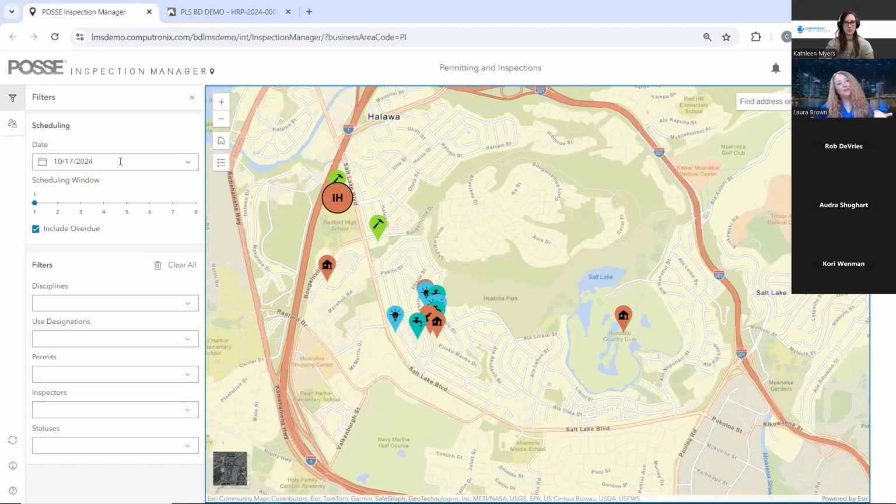I have a lot of overdue inspections too, so I also included my overdue. If we deselect the overdue, it takes a few away, so you have that option to include or not include those overdue inspections that need to be done. In addition to that, we have a scheduling window where we can see multiple days forward. So right now I'm looking at 10/17, and then I'm looking at 2 days from today in terms of what's